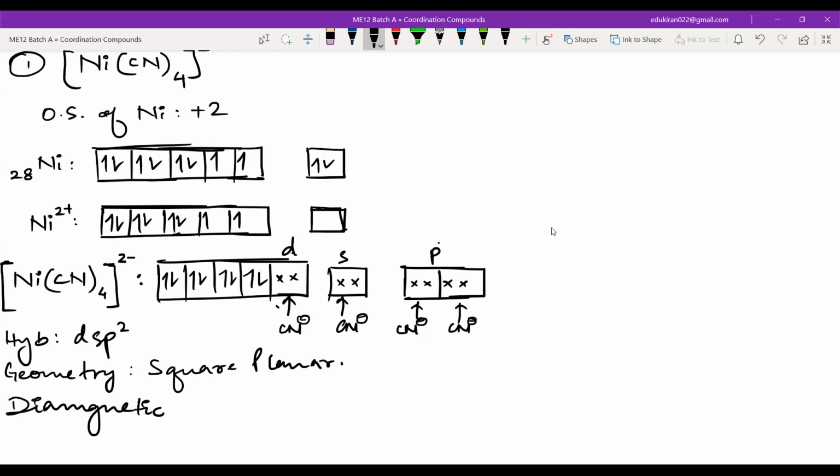Sir, here the electrons are paired, and it is unpaired in the paramagnetic. Yeah. So in diamagnetic, the electrons will be paired or unpaired? Paired, na? Yes. So they are paired here. It is paired in diamagnetic. Okay, fine. Now we will look at the next example.